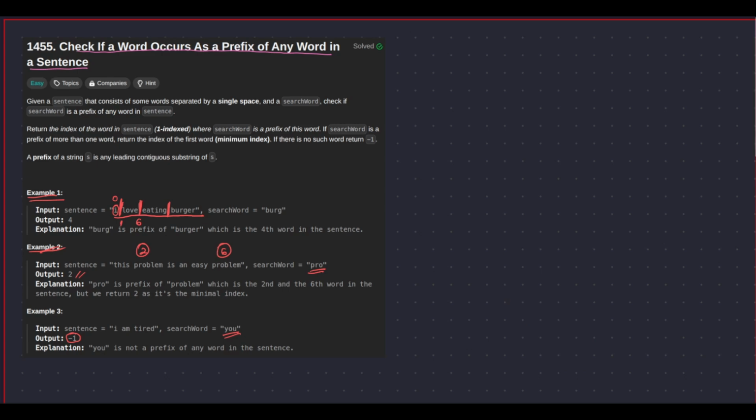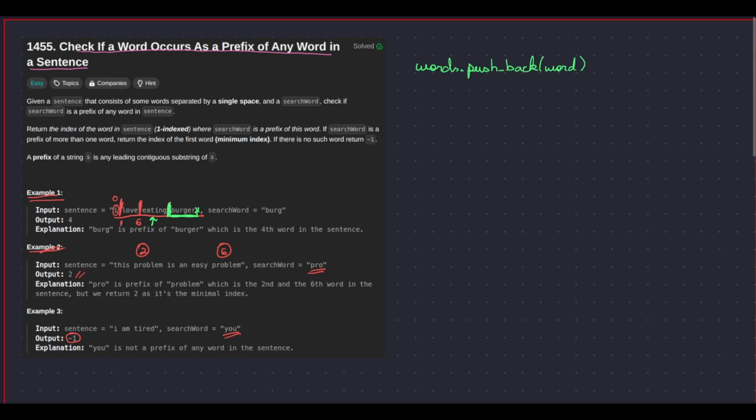So after we are done pushing each word within the vector, what we need to do? Firstly, look here. When we encounter the last space, we push the word eating, but we also need to push the word burger, because as we can see at the end of the sentence, there's no space. So firstly, what we need to do is push the last word to the vector. So words dot push back